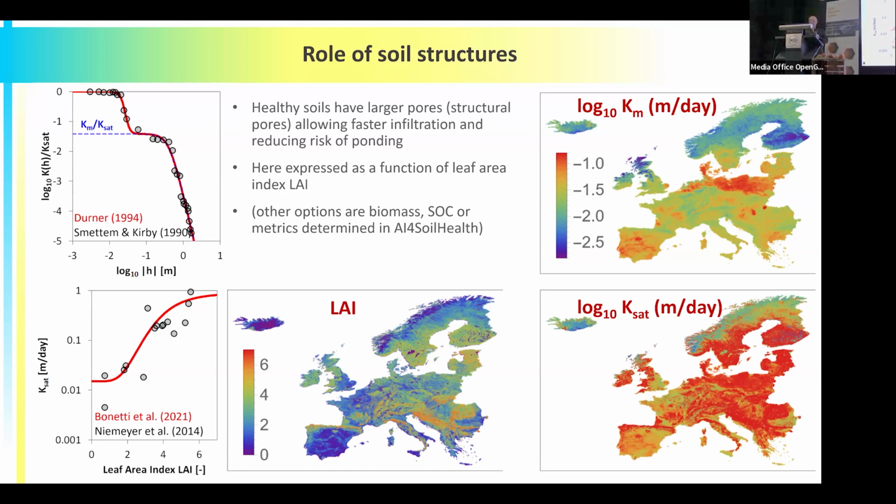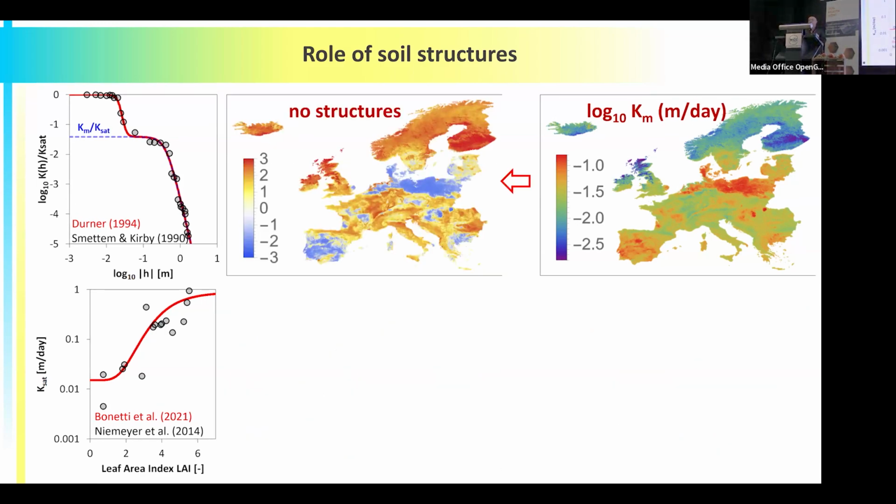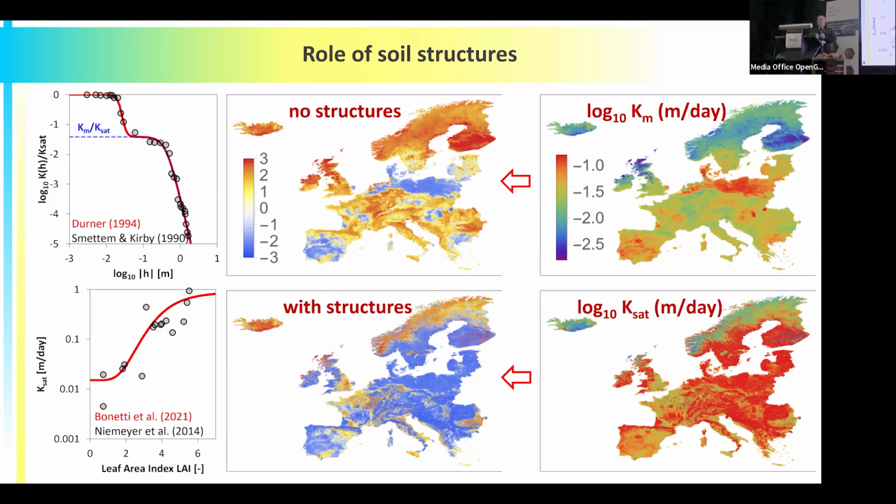Effect of the saturated conductivity, and accordingly as well on the ponding. On top, you see here again this reddish blue map for a rainfall event of 50 millimeters per day. And now when we add the structures, you see that the picture switches from reddish to bluish. So the presence of structure has a huge effect on saturated conductivity and accordingly on the ponding